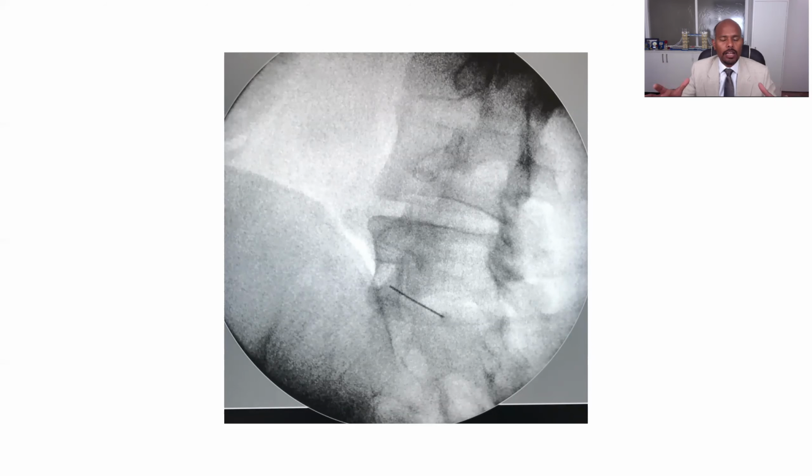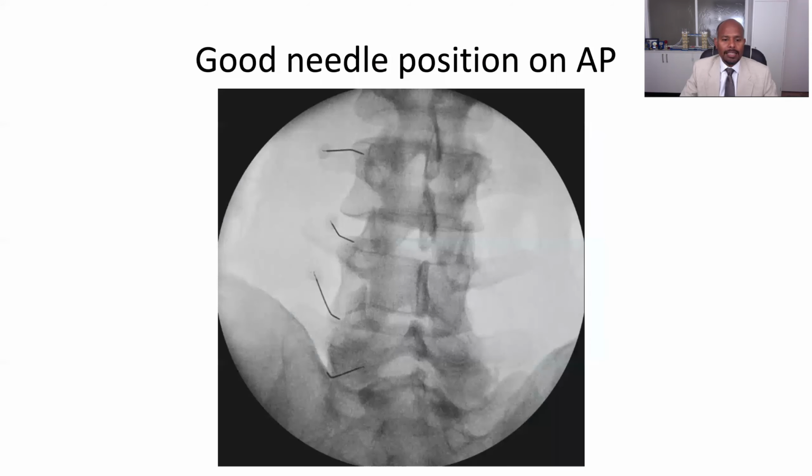Once you get a satisfactory view, having an inferior oblique view would confirm your needle position. So a typical example, I'm quite happy with this needle placement. As you can see, that's the transverse process, of the superior articular process, and all my needles in an AP view looks reasonably in position. I then tilt